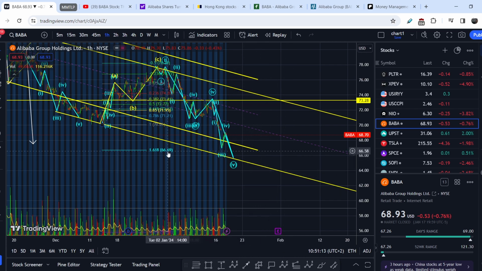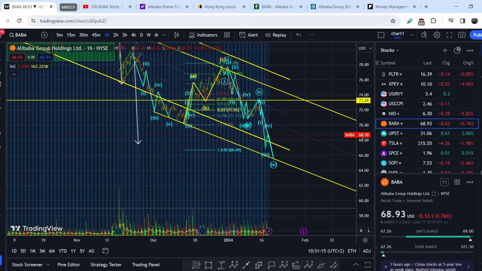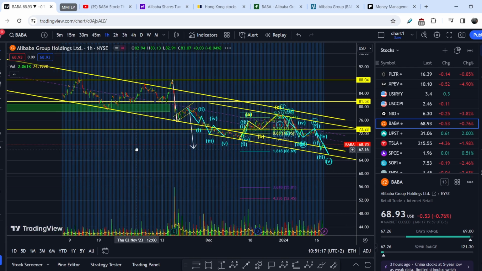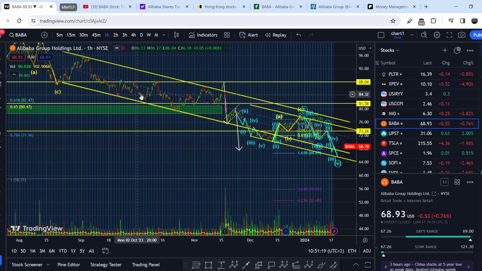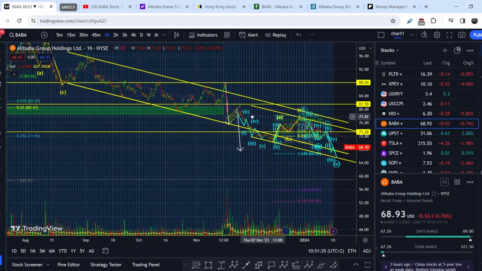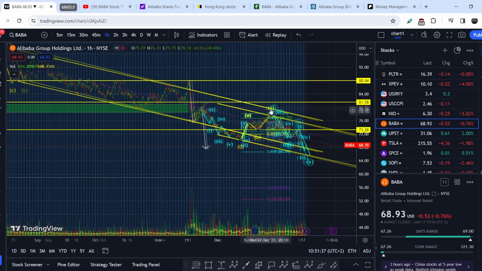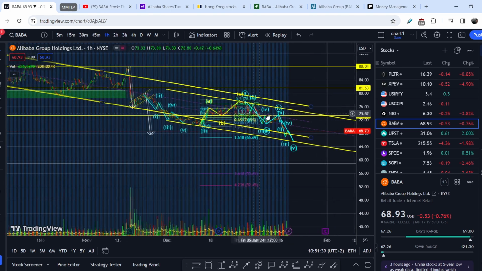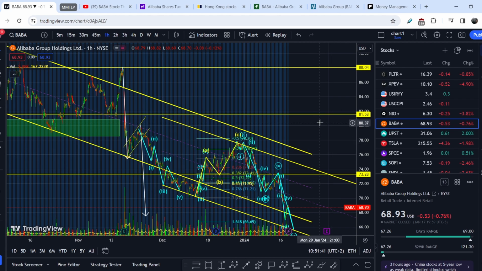And so far, we don't have this lowest point, but my main assumption is that we should retest this sloping line. Let me remind you that previously I drew this channel that works perfectly well, and I caught a lot of Alibaba movements previously from the end of November to be precise. And I connected these two tops, projected to these bottoms, and we have a very good channel that worked perfectly well.